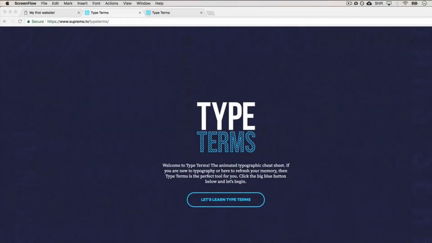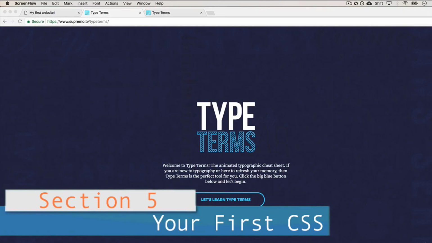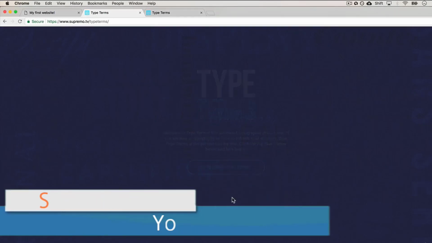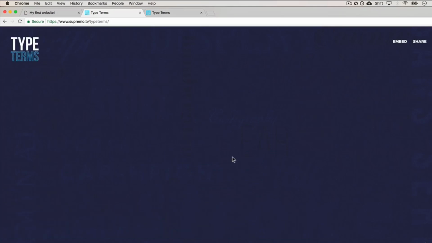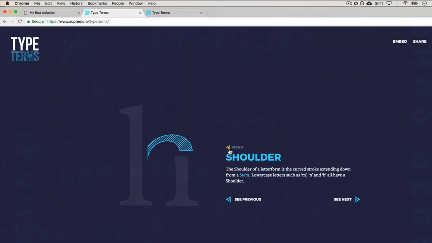It's time to flaunt your inner designer because we're about to learn some CSS. To start off, I want to show you this website. If you look at it, well, it's quite pretty. Look at that. That's really nice. Now, hopefully, in the future, we can create something like this, but I want to show you what this website